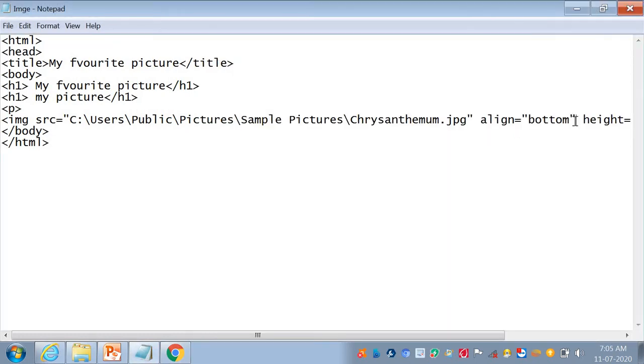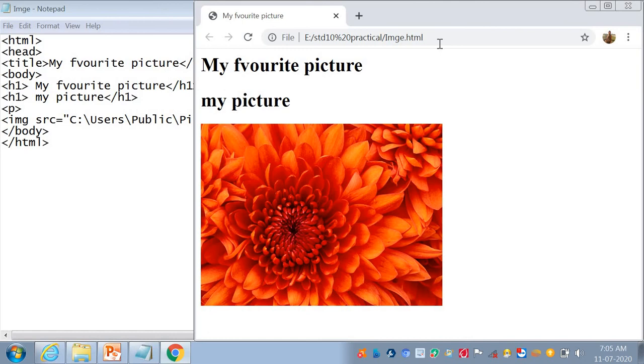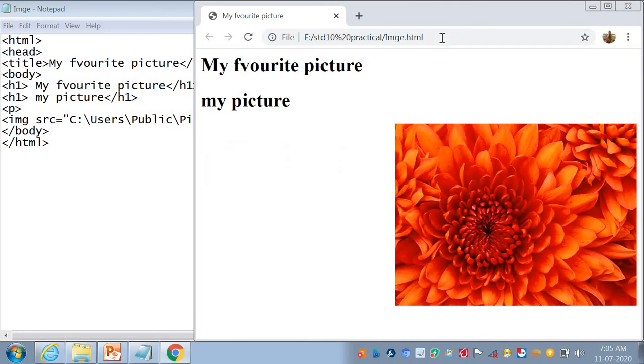So we save our file. Okay, it is displayed here.